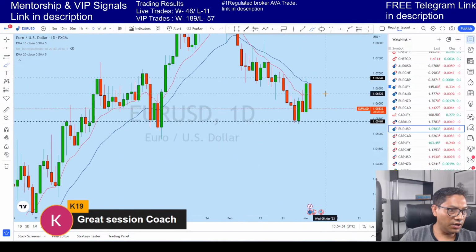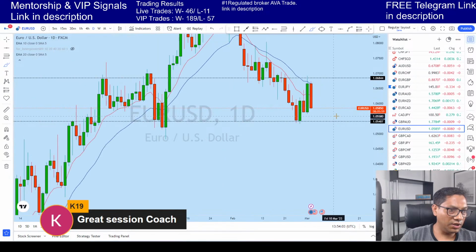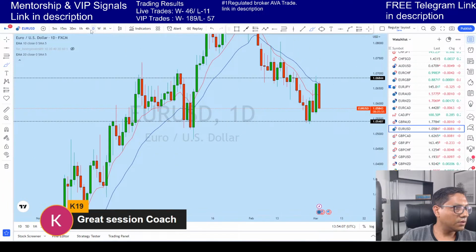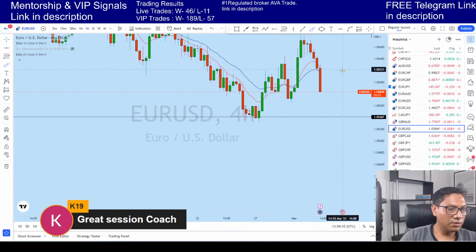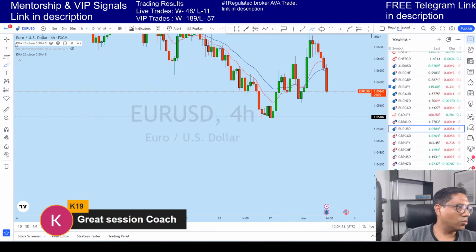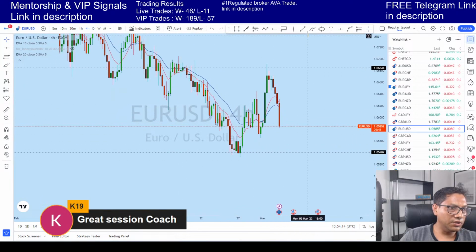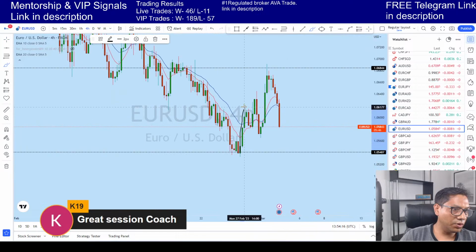If I look at the daily, we see this same level on the daily. So what we saw is that on euro dollar, this structure is formed. There is an impulse, correction, break of structure, and again an impulse coming down. So after breaking this, we will see another move to the upside, a retracement, and then we'll see this move down.